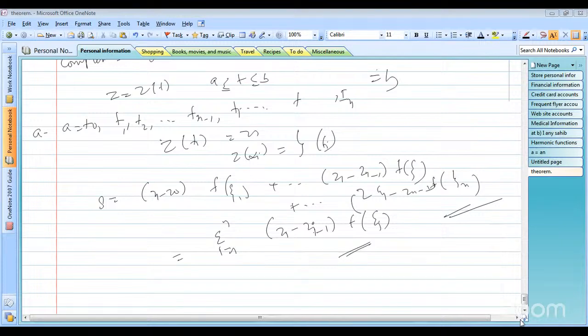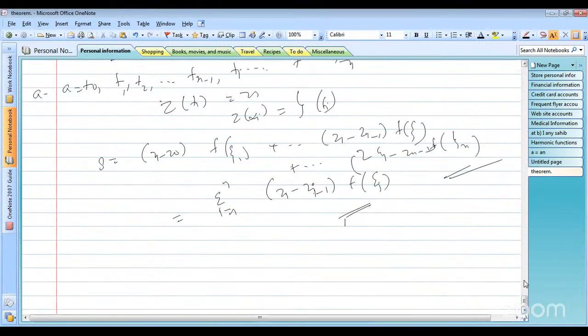Another definition we have to learn here. The function f of z is said to be integrable over C if there exists a number I such that for each epsilon greater than 0,